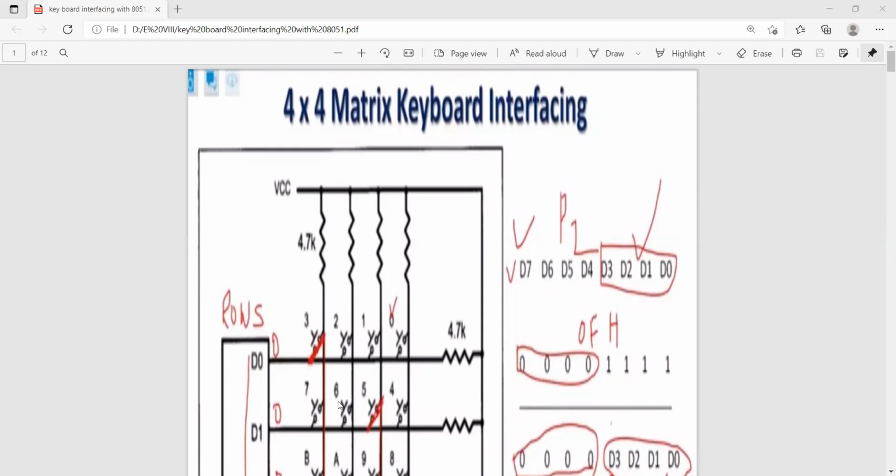That is the initial requirement for a port acting as an input port. First condition is you make all 8 bits of that port high by sending FF data to that particular port. That information is required.